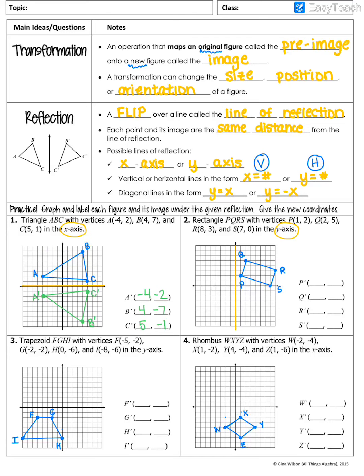So P is 1 box to the right, so I'm going to go 1 box to the left and make that P prime. Q is 2 boxes to the right of that yellow line, so I'm going to stay on the same line, but I'm going to go 2 boxes to the left of the yellow line. R is 8 boxes to the right, so I'm going to go 8 boxes to the left, and there's R